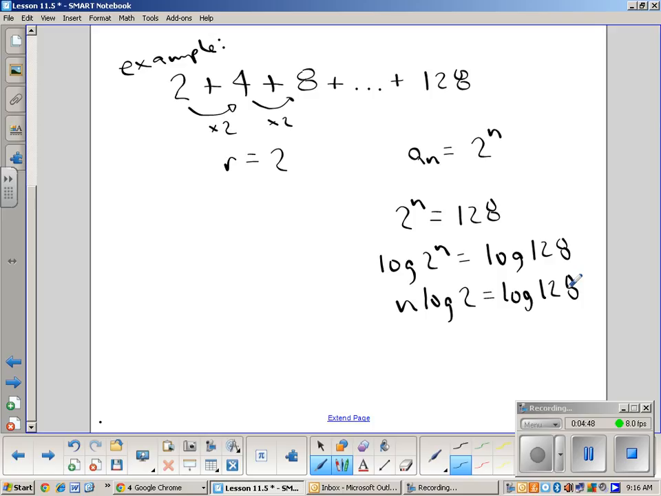Okay? Why not just do 128 divided by 2? Because I'm not multiplying by 2, I have 2 to the n power. n is not equal to 64. When you're solving for an exponent, you either have to write this as a base to some power, which sometimes is hard to do, or you have to use logs to solve for an exponent. Okay? And so if I divide both sides by log 2,